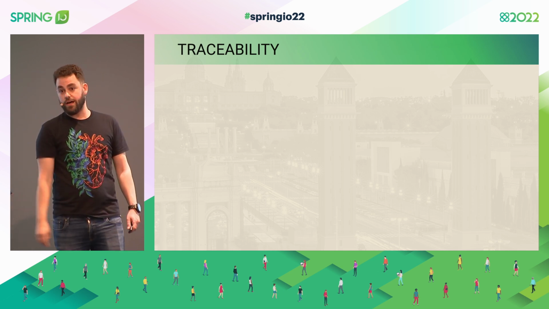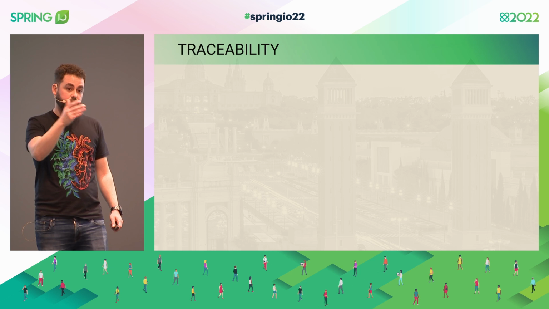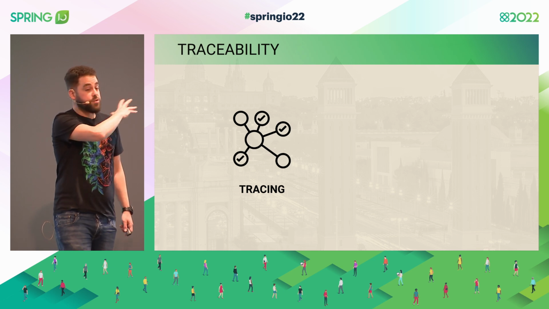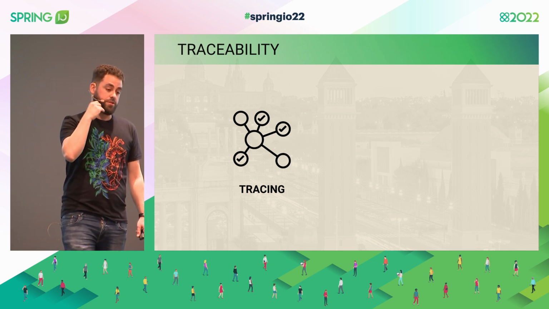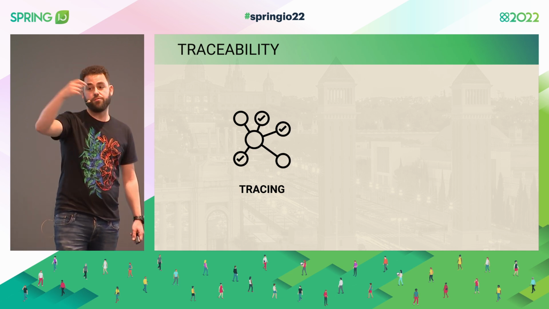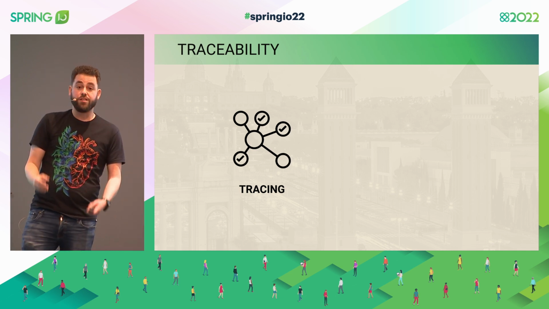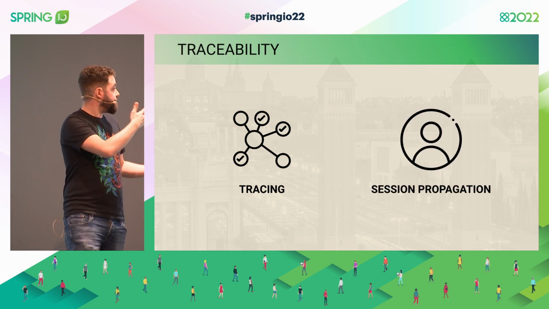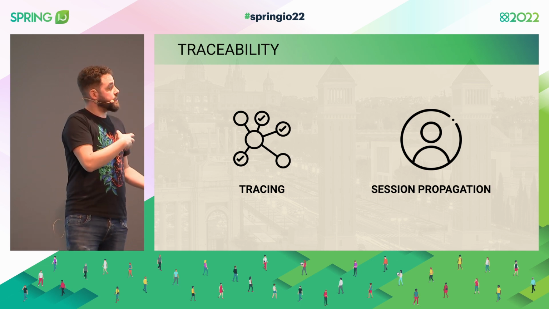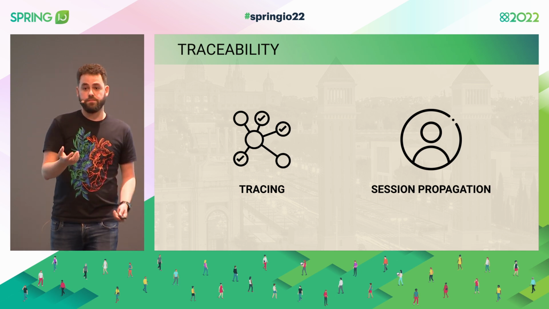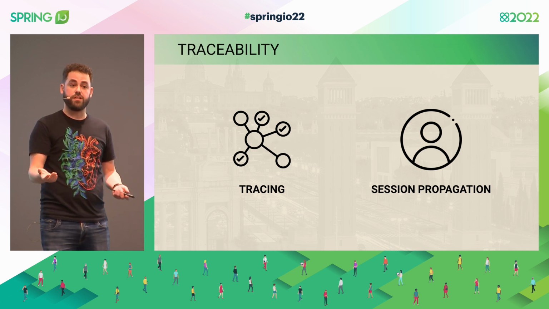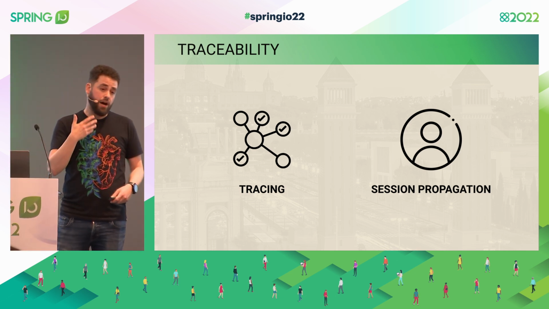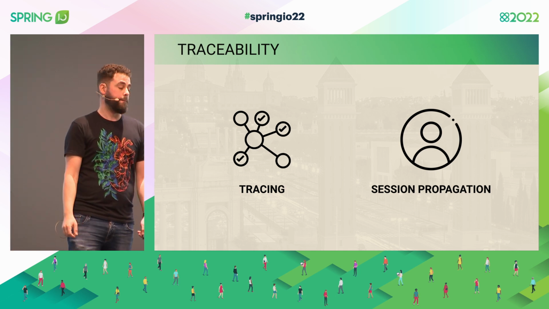Not only that, we also need traceability. When we're talking about microservice infrastructure, we have multiple microservices, and we need to understand what's going on in the system. For that, the common thing is tracing. Tracing means a user does a request to our service, and then our service communicates with other services, and so on, and so on. We need to understand the whole picture, and this is where tracing comes into place. On top of that, in our specific business, it's very important to understand the user session. It's not just going to be a request. It's going to be a set of requests where the user logs in and does some stuff. Ultimately, we need to understand what was going on, and how we can improve the user experience in general.